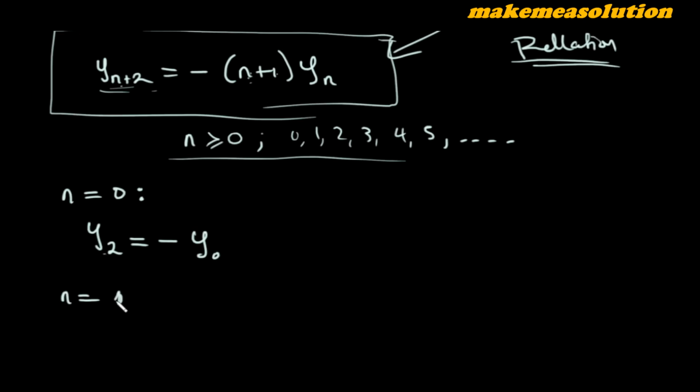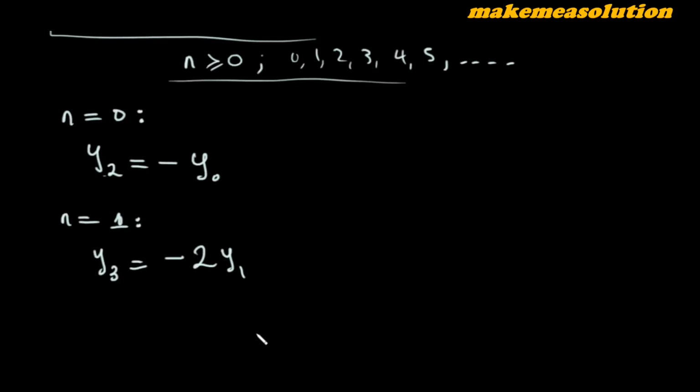So when n is equal to 1, you're going to have y_{1+2}, which is y_3, equal to what? Minus (1 plus 1), which is 2, then y_1. Is that okay? So I'm going to show you something that usually happens, but just follow me. So let's solve up to